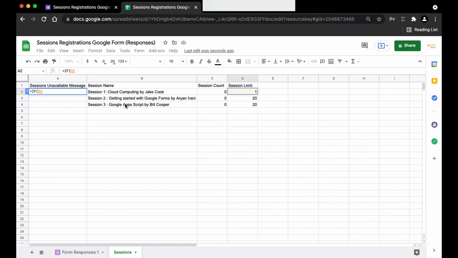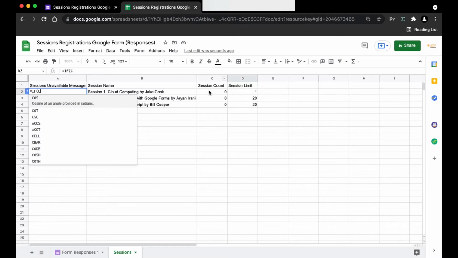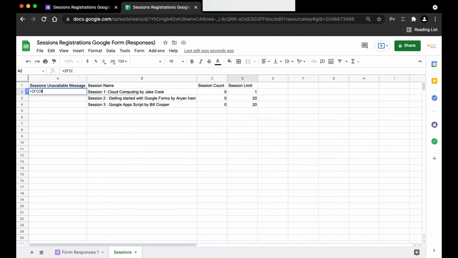What we're going to be doing right now is T2 C2. So C2 is the value that is there. This is the session count that we're going to be getting from the previous sheet. I'm going to do if C2 is less than D2, that is the session limit, and B2, that is the count here. We have to just